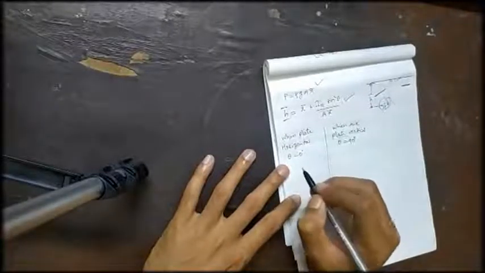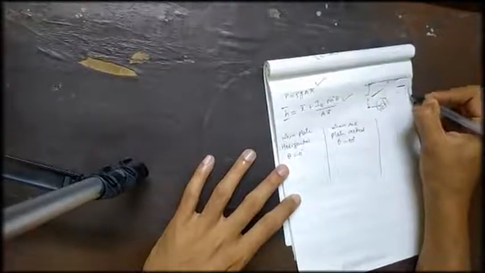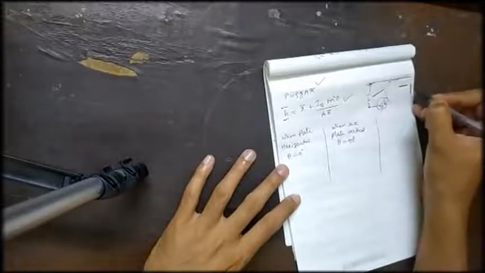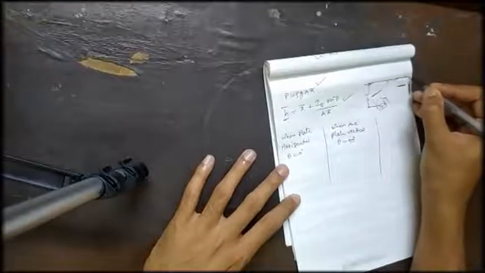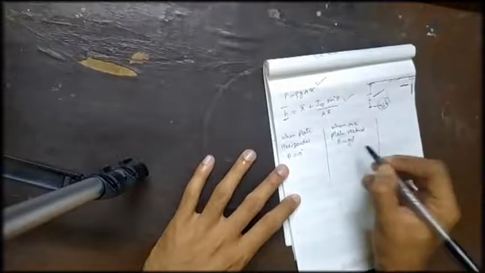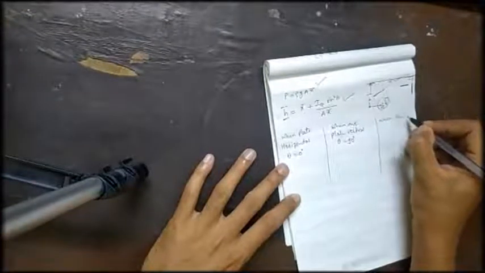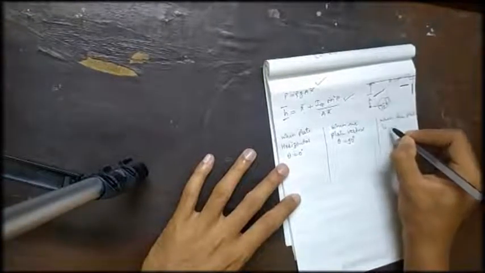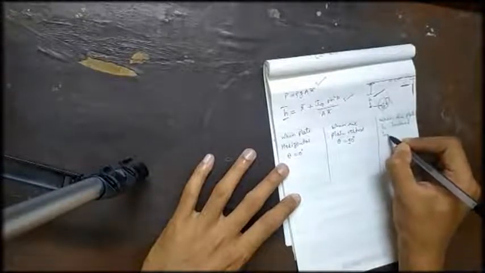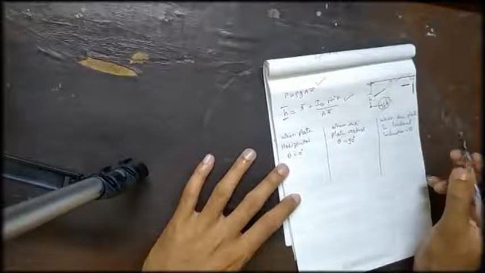And the second case is when the plate is vertical. Already we have discussed the derivation for this vertical plate. So here the angle is 90 degree, and the third case is today's, that we have found out, when the plate is inclined. Here the inclination is how much? It could be anything from 0 to 90 degree. So inclination is theta over here.